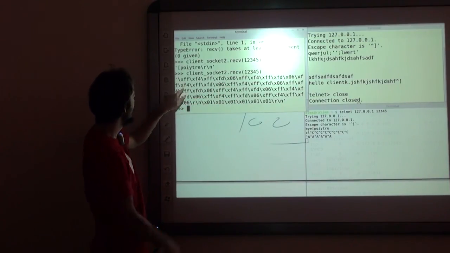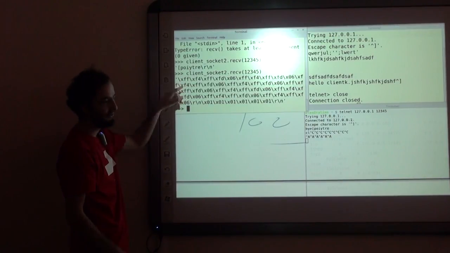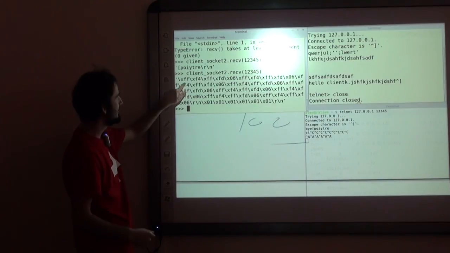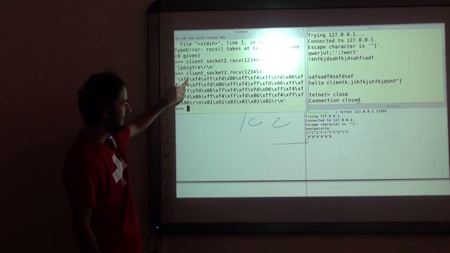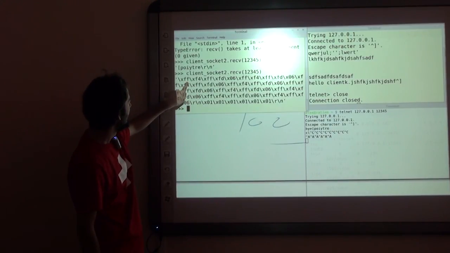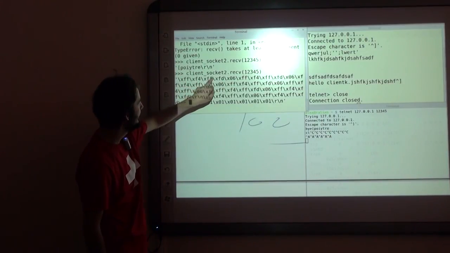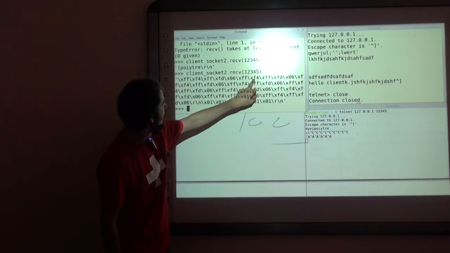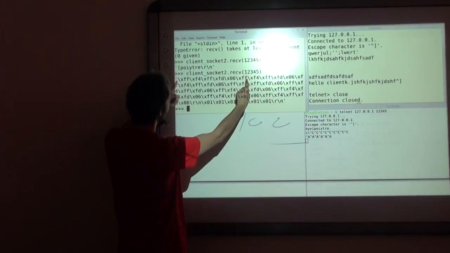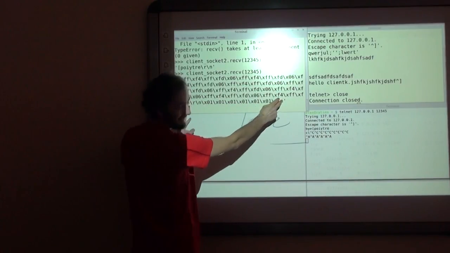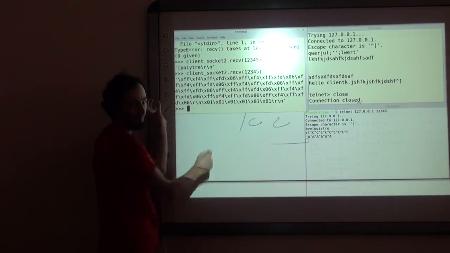So this \xff means this is the hexadecimal representation of the character that I received, which was FF. So basically, Control C is FF. Huh, strange. FF, F4, FF, FD. Oh, wait a second. This entire sequence, you see, it's a repeating pattern. So every Control C character is represented as a sequence of a bunch of bytes.